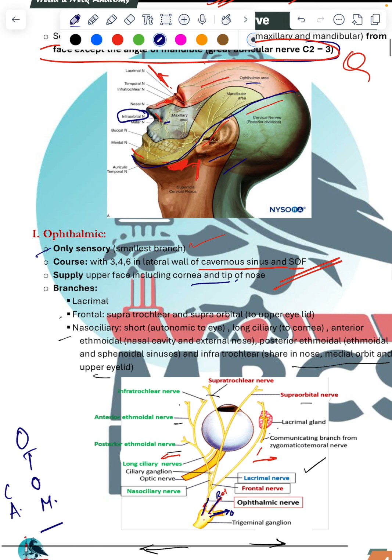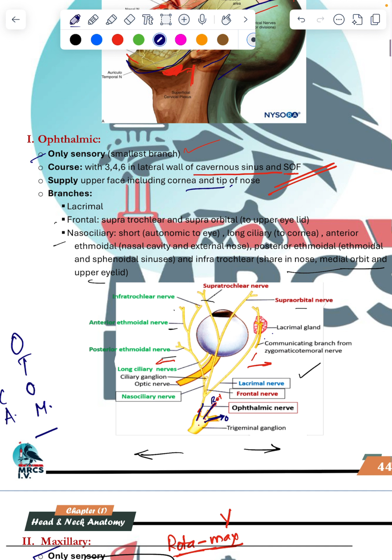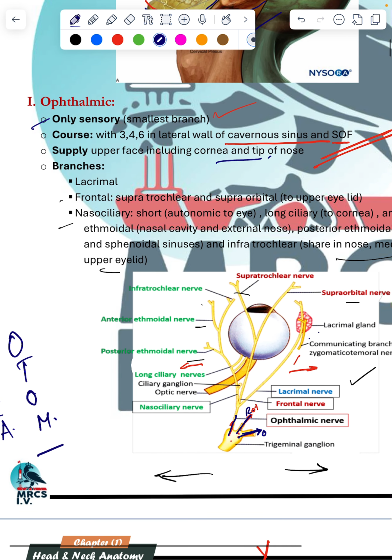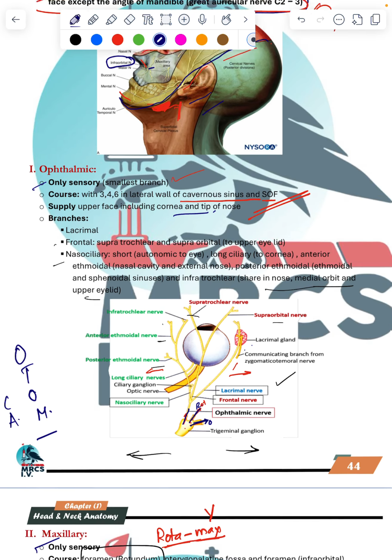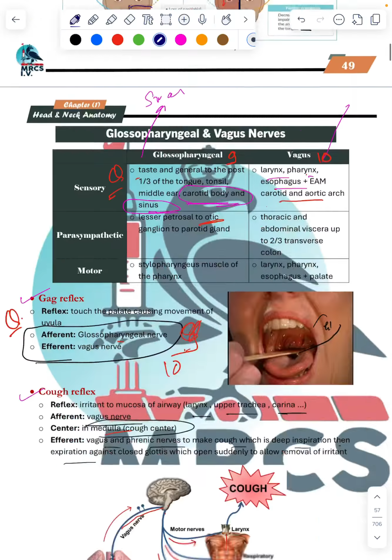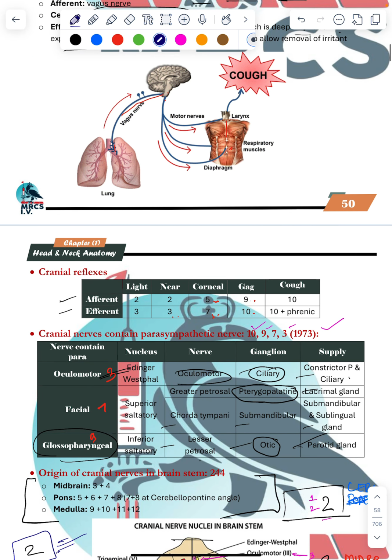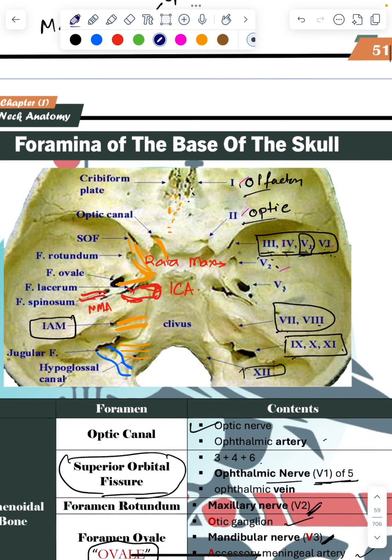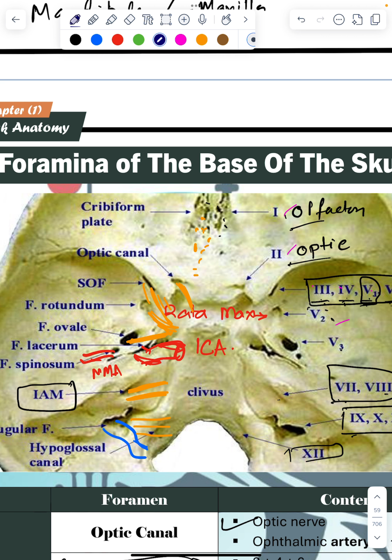The trigeminal ganglion is a bigger ganglion. It has got three divisions. Ophthalmic is a small sensory division. The name itself is ophthalmic, so it has to go near the eyes. As soon as it starts, it passes through the skull foramina. This is the skull foramina. You have to correlate first,